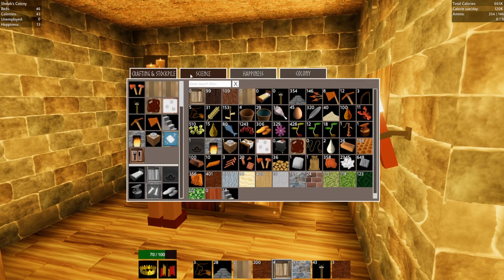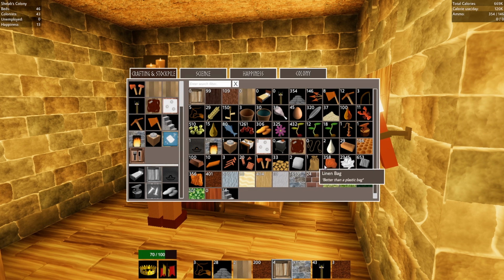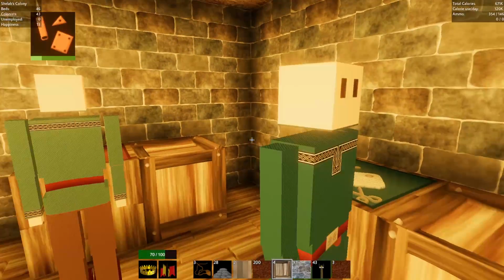Okay. How are we doing with science then? We're getting linen and beeswax together for the candles. Wonderful. We're not getting fish meal because we don't have a stove yet. What if I cancelled that? If I cancelled that, would I get a refund on the stoves? No. Rats. Then if I start it up again, do I lose the stoves? Yes. Okay, I'm going to cancel it anyway. And once I have a stove...